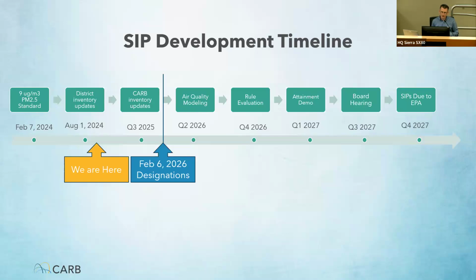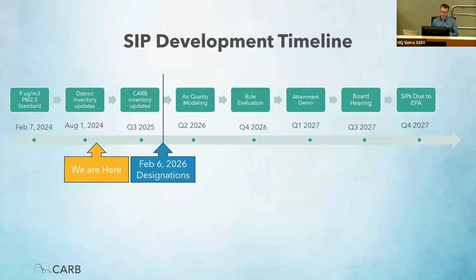I shared earlier a set of milestones tied to the new standard. Here, I'm breaking down what is the timeline for developing a SIP itself. So we have the same starting point as that previous slide on milestones, where the standard comes out in February 7th of 2024. We're still going through this designation process right now, but considering how much effort is involved in